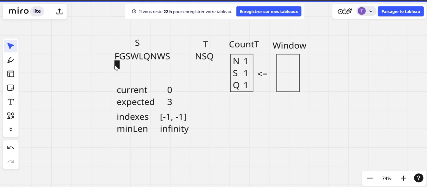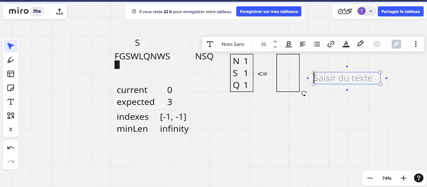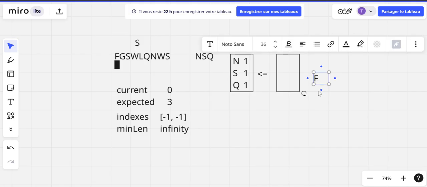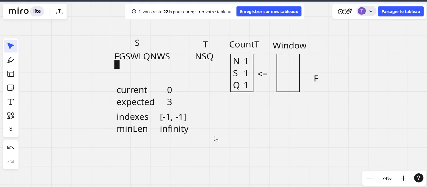So we can see that the first index in the window is F. And F is actually not in the count of T, but still we are going to add it to the window hash map. I'm going to add it to the right just because it is not really important in our case, but it is still here. Okay, so after this,